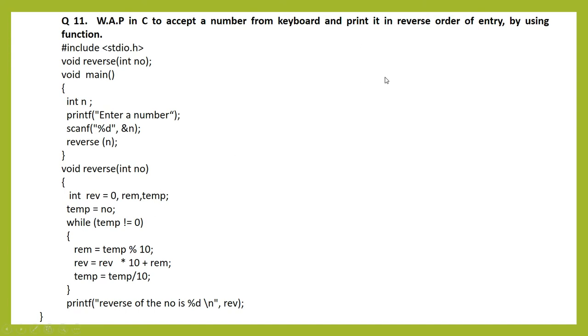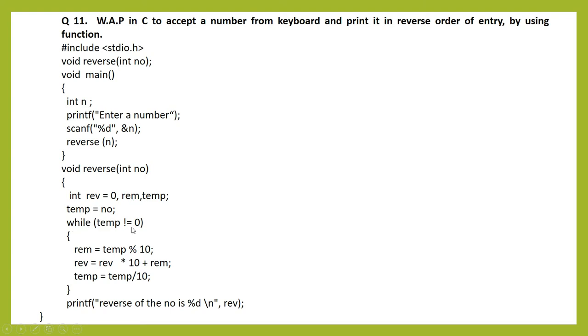In reverse we are printing the reverse number, but in palindrome, after calculating the reverse number, we have to check whether that reverse number is equal to the actual number or not. In such a manner you evaluate palindrome and reverse. It is the same concept. You accept the value, then you pass the number inside the reverse function. In the reverse function, suppose you write 275, so the 275 is passed to where? Your NO. Then for this NO you assign the value as reverse, then your remainder, and one temp variable is there.